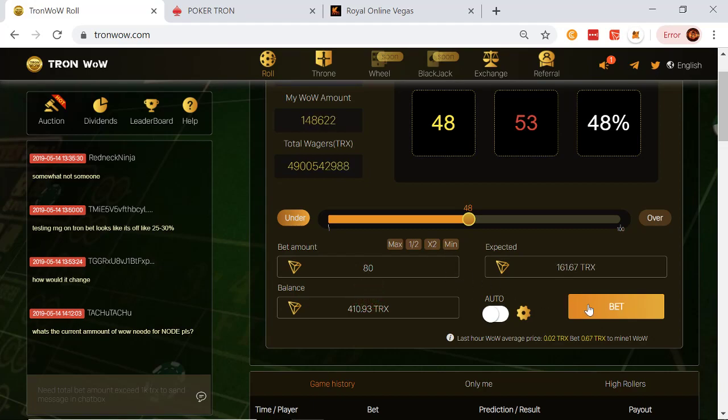Lost. So if I lose this time, I'll just back up to 20 and I'll just take it. So I lost. String of bad luck, but we'll just continue. If I would have went up to 160, it would have been most of that. It's okay. Keep in mind, the other thing that makes this strategy cool is when you're going on a good run. I mean, I'm getting 0.42 Tron on every win, so that kind of helps you sometimes when you go on a good run.